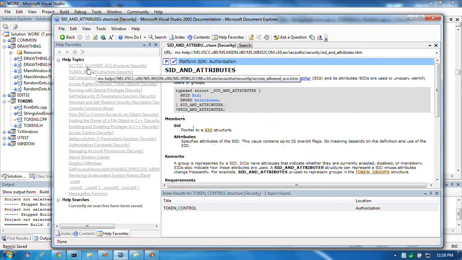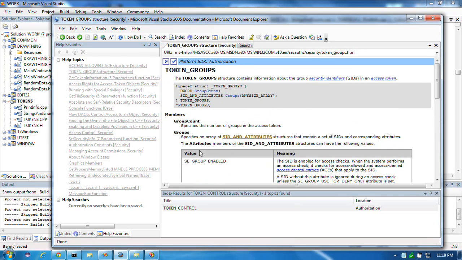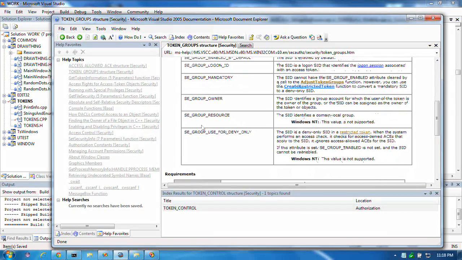Here. Okay, now these are the groups. Something used for deny only, only for a restricted token. Okay, so if that was a restricted token, it would apply. And so when the system performs an access check and it finds an access denied,